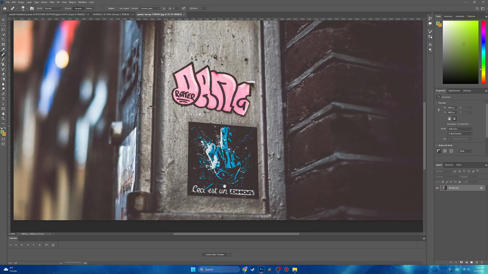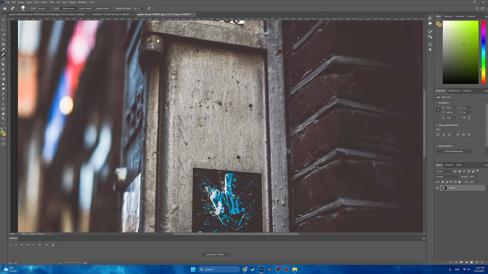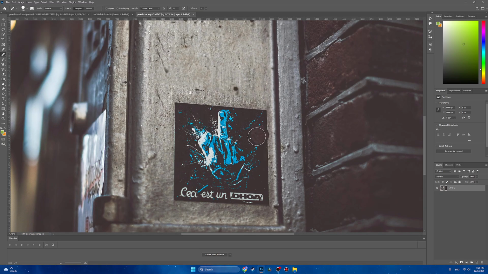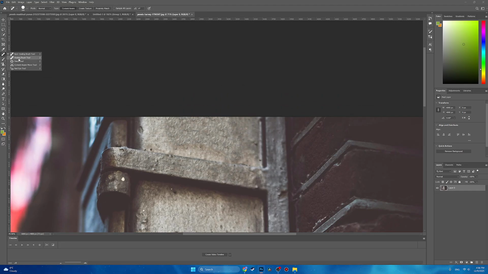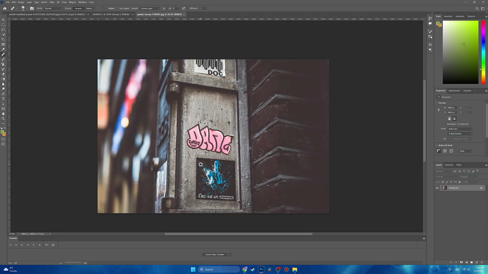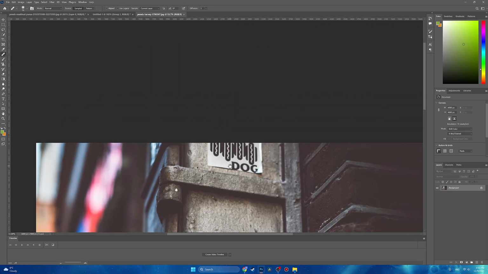Hey, in this Photoshop tutorial I will show you how to remove something from a picture inside Adobe Photoshop. Using this technique you can remove objects, persons, graffiti or basically anything from a picture. So that being said, with this picture I would like to remove this graffiti, this poster right here, and this,